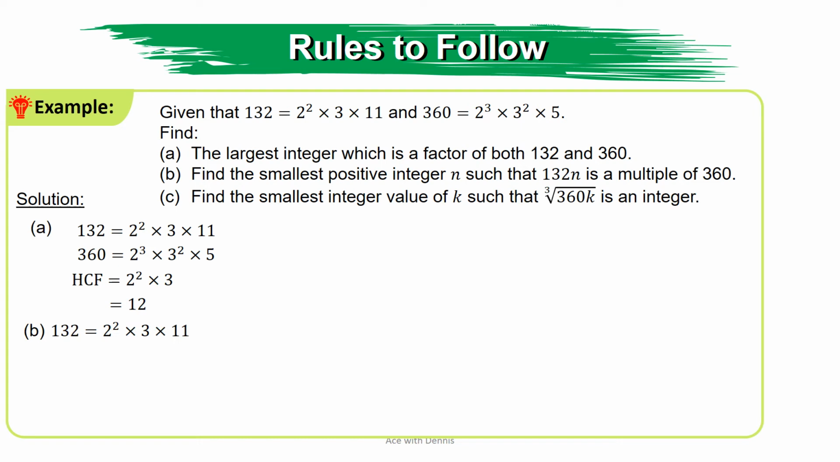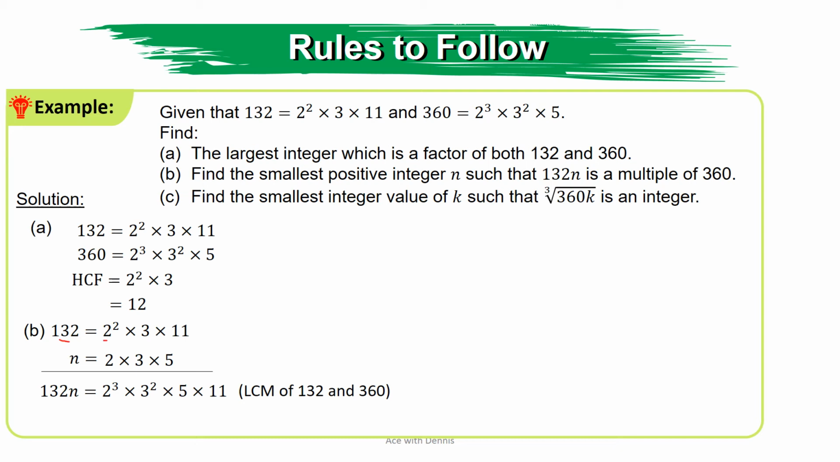we know that 132 equals 2 square times 3 times 11. After multiplying by n, 132n should equal 2 cube times 3 square times 5 times 11, because this is the LCM of 132 and 360. Hence, n must be 2 times 3 times 5, because